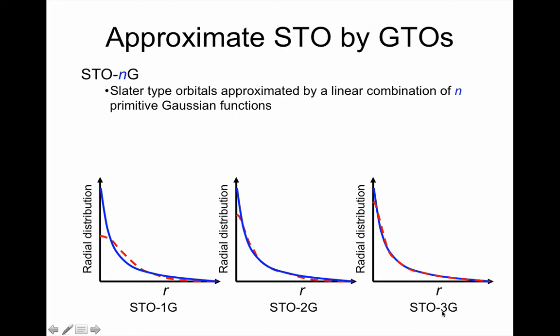If we combine three Gaussian type orbitals in a linear combination, then we can reproduce the Slater type orbital to a very high degree of accuracy, as we see here in the picture to the right. So even though the Gaussian type orbitals do not represent the radial dependence of the electronic density as accurately as the Slater type orbital, we can use more Gaussian type orbitals in order to get a very accurate representation of the electron density radial distribution,